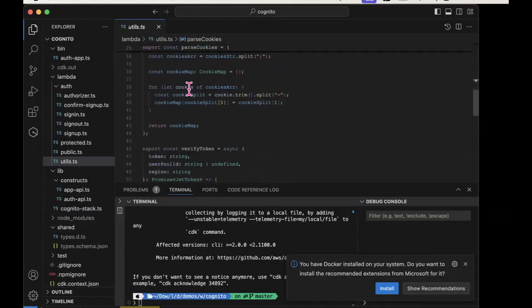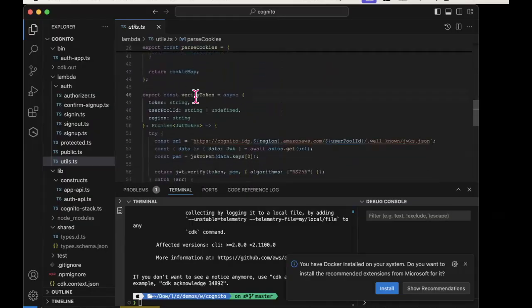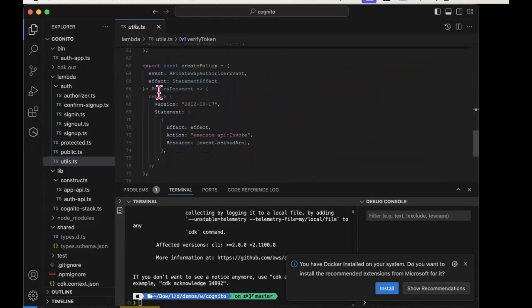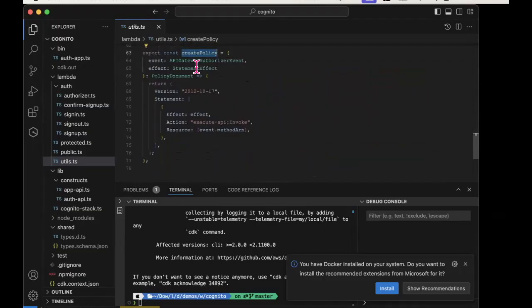There is a function called verify token, and a function called create policy. And like I said, you can scan over them yourselves, just to make sure you know what's going on there. The last thing I will mention is